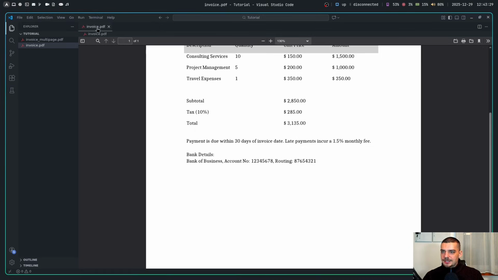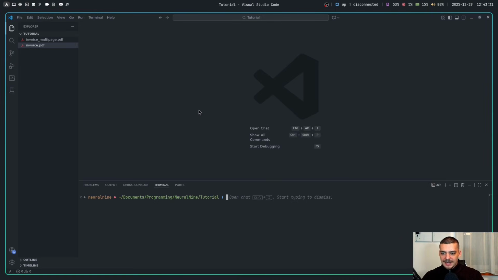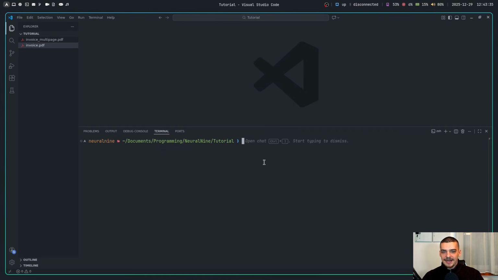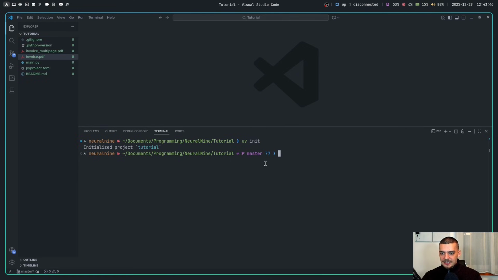So let us get started here with the setup briefly. Open up your terminal and create a virtual environment or just use your base installation. We're going to need a couple of packages. So either you go and say pip or pip3 install with your system installation, or you create a virtual environment, or in my case, I'm going to use UV. So UV init to create a UV project, and then UV add, and we're going to add Google GenAI, we're going to add Pydantic, we're going to add